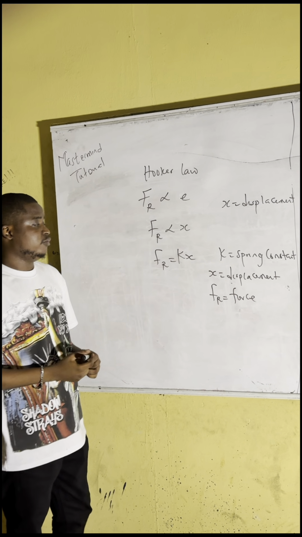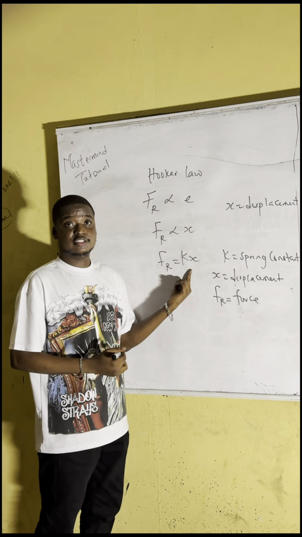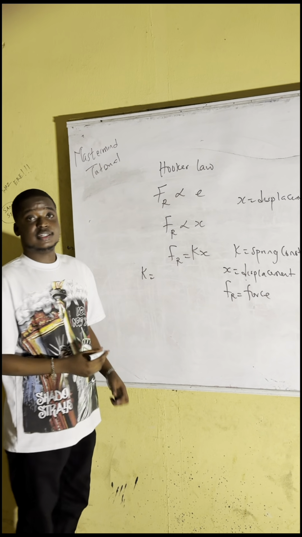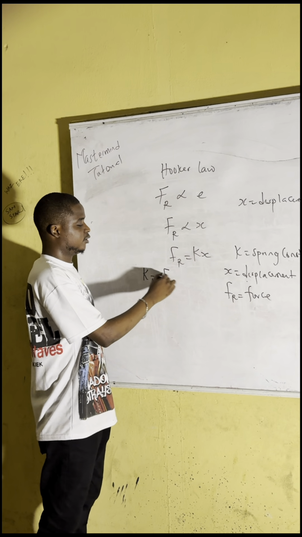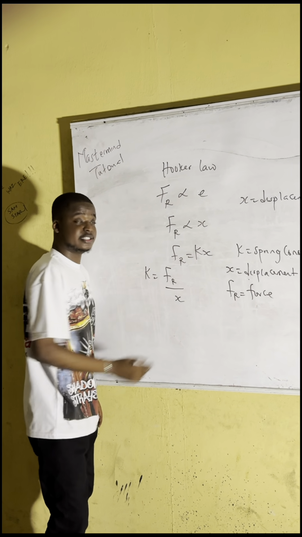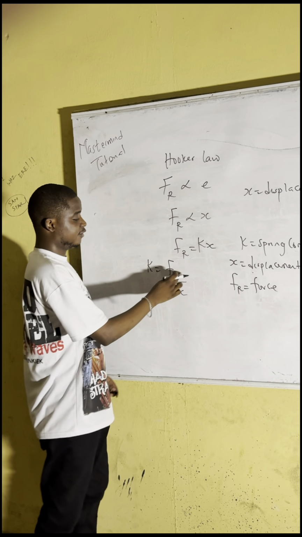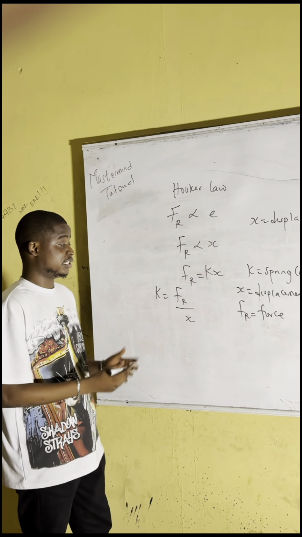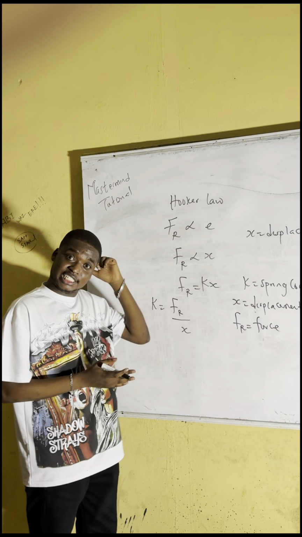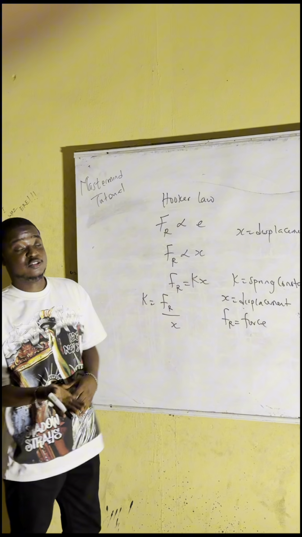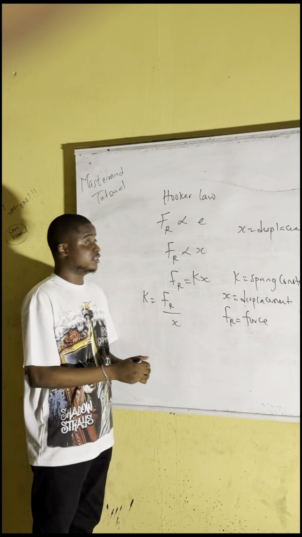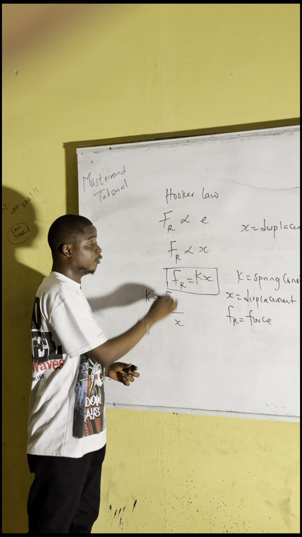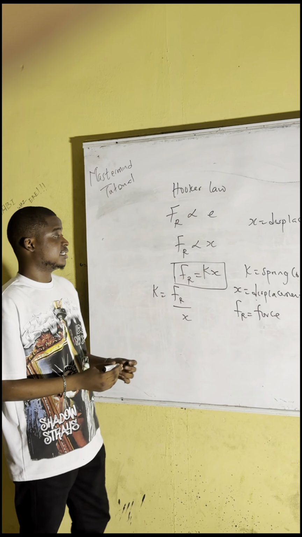Now, if you want to make k the subject of the formula here, the spring constant is going to be equal to the restoring force over x. So it means that the restoring force over x is a constant. And when you have something as a constant, it means that there will be an initial value and there will be a final value. So you can generate another formula. By the way, please note this as a formula for the simplified form of Hooke's law. You can generate another formula that says that,